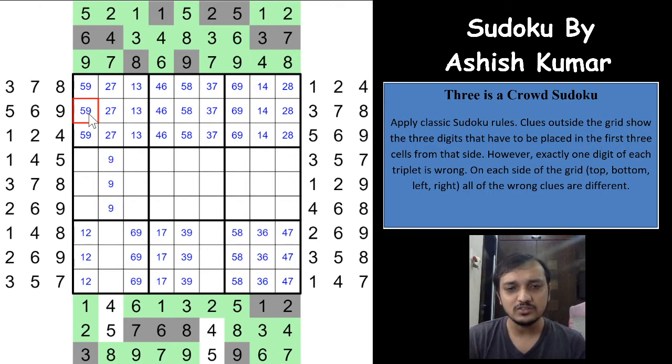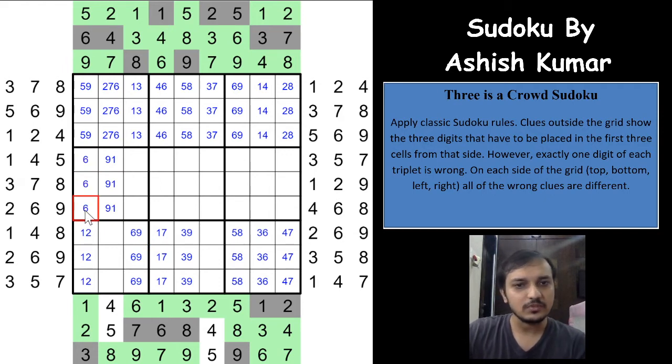Sometimes at some places you will have the possibility that a digit appears in one of those 3 cells, and you will have to eliminate those places, right? So a 6 cannot be here as well, and a 6 cannot be here, which means a 6 has to be here, right? Now we got the 3 digits which have to appear in these 3 cells. These are already locked. A triplet is already locked in these 3 cells, right? Which means now if you see, the 1 has to be in one of these 3 cells. Same way, a 9 also, a 9 is already marked, and a 6 has to be in one of these 3 cells, right?